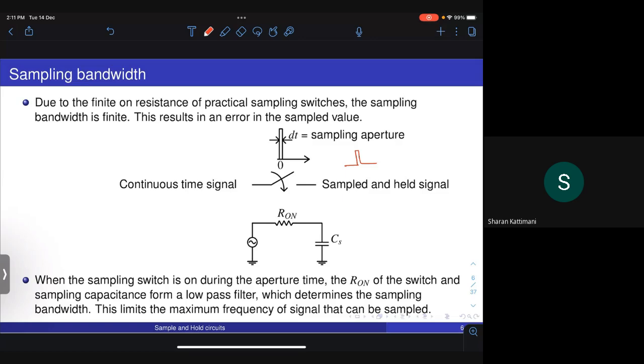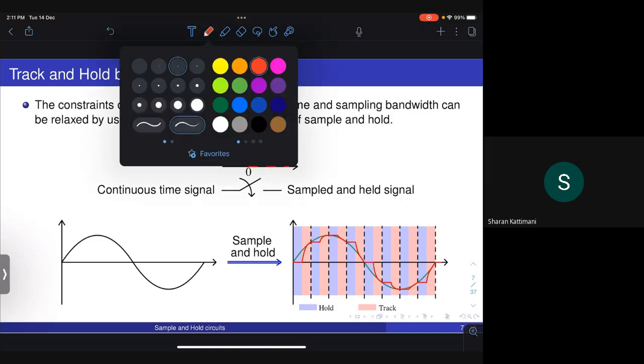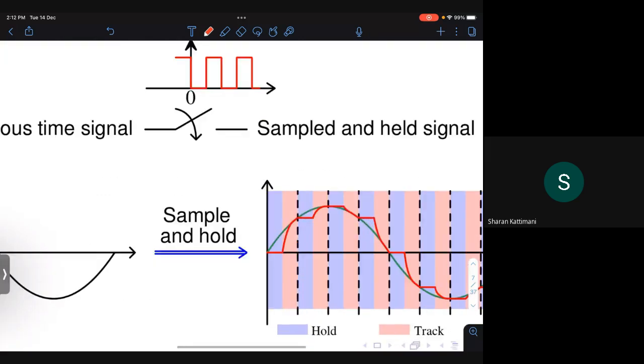So one of the ways of relaxing this very low on resistance requirement is by using what is known as a track and hold. In track and hold, we have a square wave as a clock signal driving the sampling switch. Whenever the switch is closed for half the clock cycle, the output tracks the input. So if you see here,